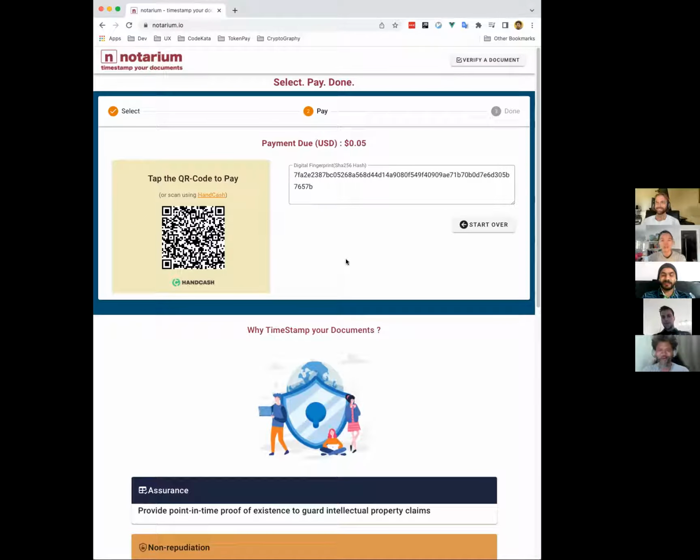All right. So you should be seeing that essentially the moment that I drag and drop the file on screen, it immediately presents me with the QR code. It prompts me to scan. I'm going to open up HandCash on my mobile now. And I see. So I've got the scanning HandCash in scanning mode. I might have to turn off my